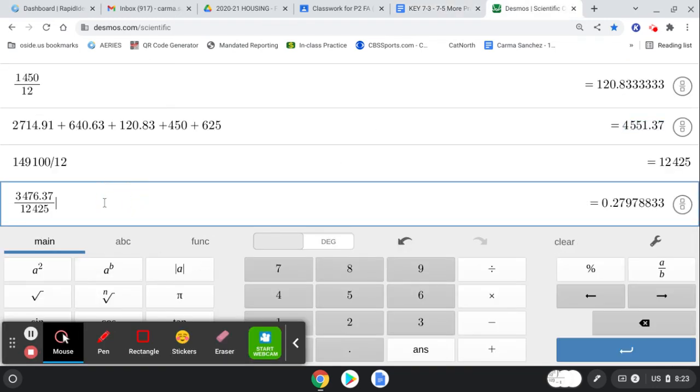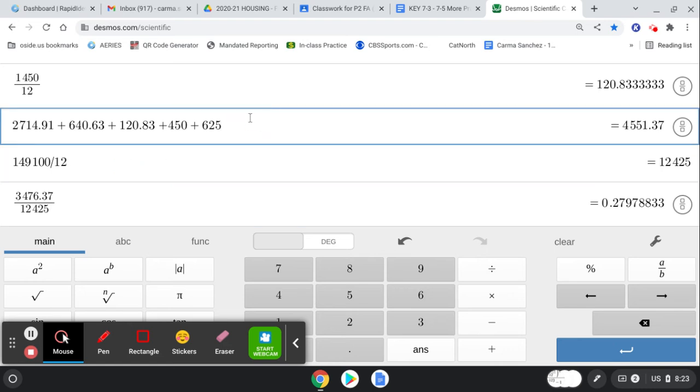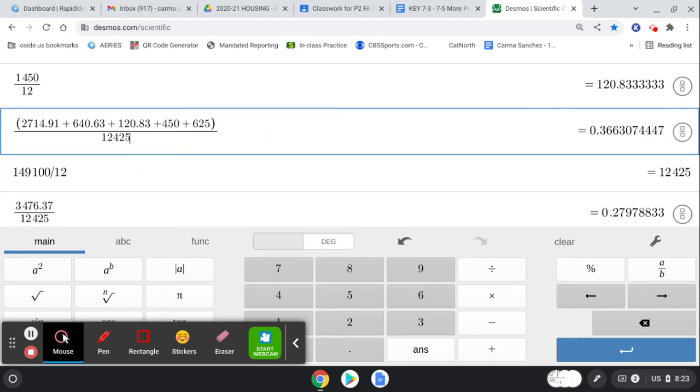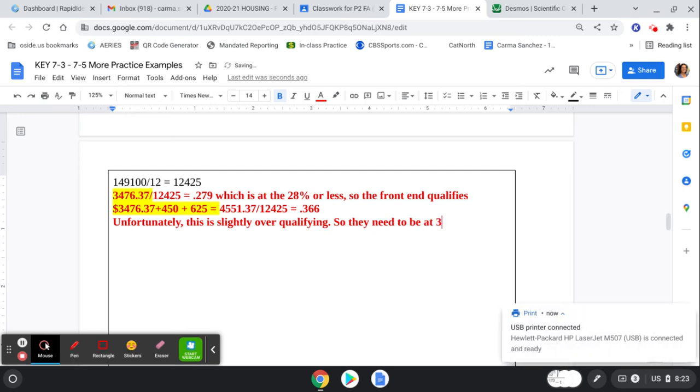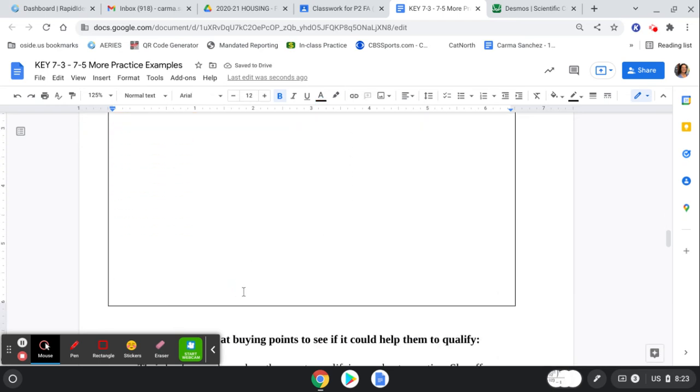So take that amount and then divide that by 12,425. And we get 0.366. And so, unfortunately, this is slightly over qualifying. So they need to be under, or I should say, at 36% or less for them to qualify. So on this last part,